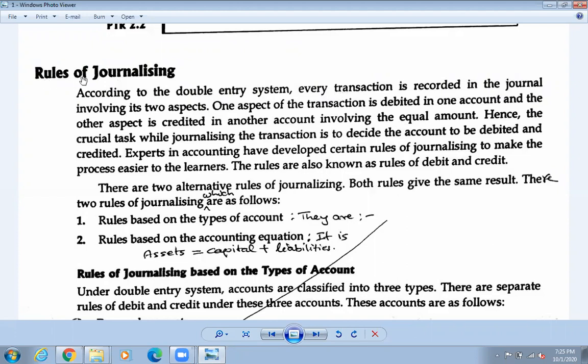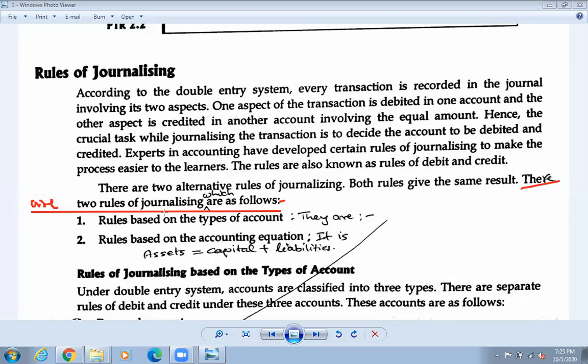So let us write like this. Rules of journalizing. Okay, and just below that one, let us write: there are two rules of journalizing which are as follows. Okay, so write down this one, and after that,